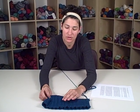And when we're done with this section, we'll switch to stockinette and we'll discuss waist shaping and bust shaping, which we're going to cover